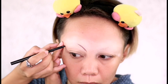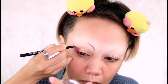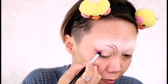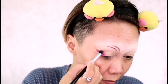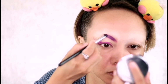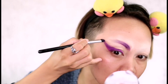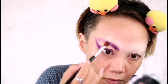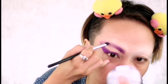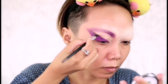At first I was skeptical about my brows, but later on I was able to adjust and work it out. This time, as you can see, I made a mistake, but a mistake is a lesson, and if we learn the lesson, it will become perfect, hopefully. So right here, I'm dabbing in violet eyeshadow from Beauty Glaze Cosmetics and slightly connecting these two lines that I made, then working up and adding a little bit darker violet, and then adding black eyeshadow